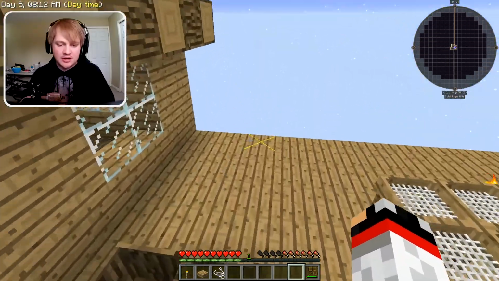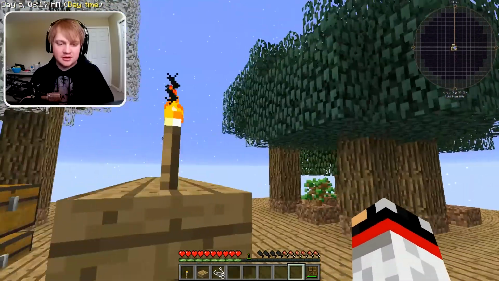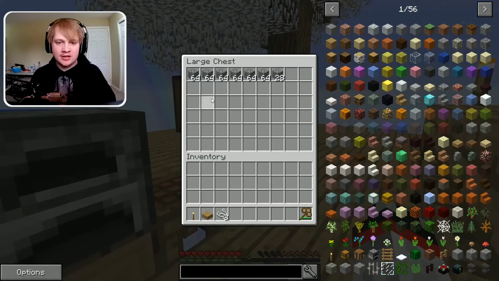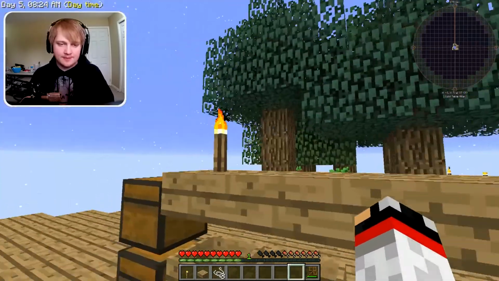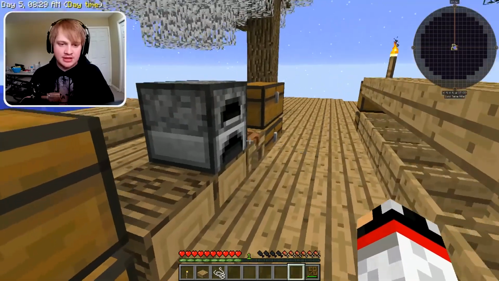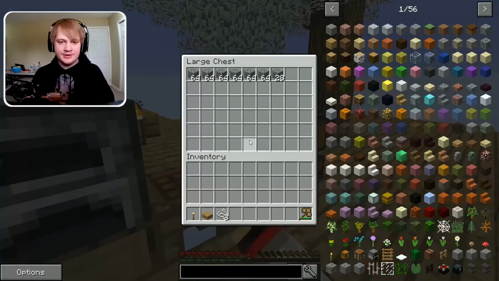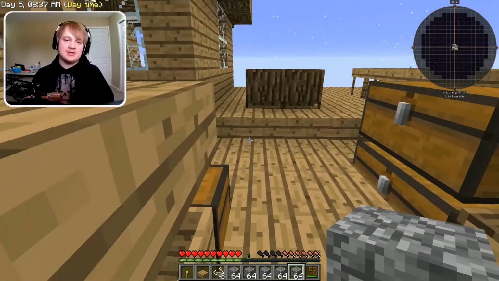This time I'm going to show you how to get lava. Like in my last video, I told you guys to get a bunch of cobblestone. I've grinded out a bunch of cobblestone and it looks like I saw some dirt in that. But yeah, we're going to make some lava this time. So we need this cobblestone and we need to make it into